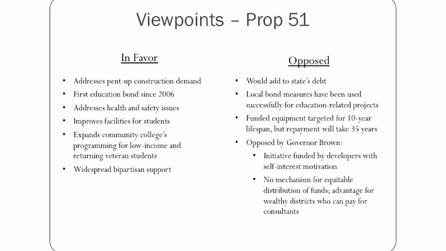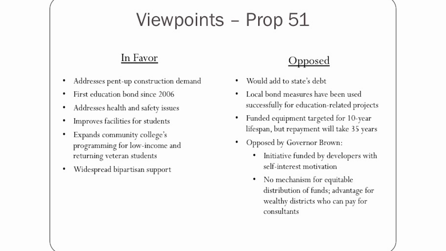So this is very typical in terms of arguments both in favor and opposed when it comes to bond issues. Those in favor say we have a need. We have a need to expand facilities. There's really no other way of doing it. We have to take on some temporary debt in order to accommodate that, and it's the only way to get it done. It's the first bond that funds school projects in 10 years, so there's a pent-up need to get some of these projects done. And the benefits of having these expanded facilities would be benefits to the community.